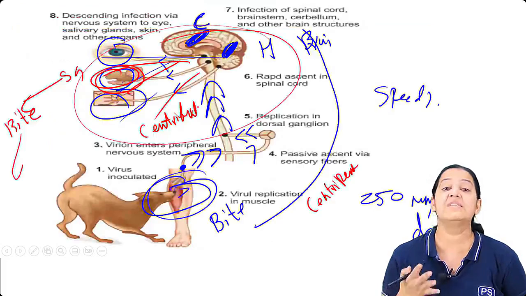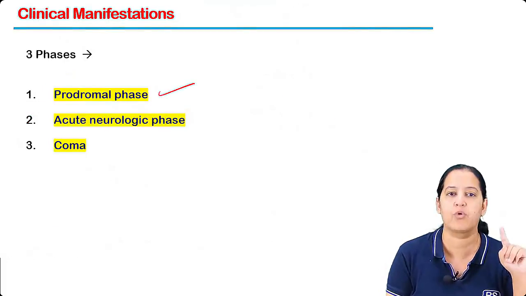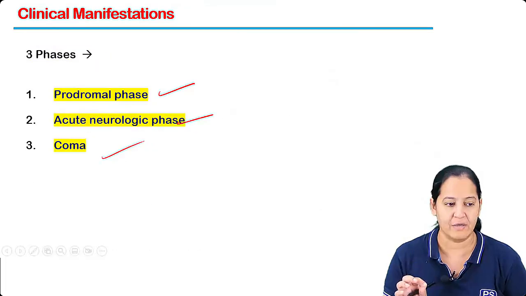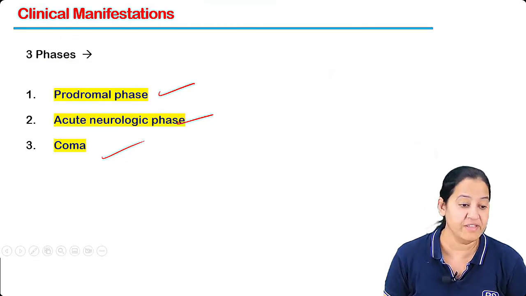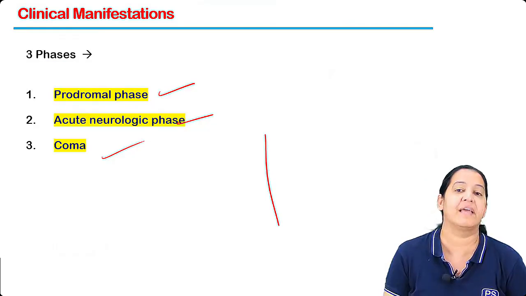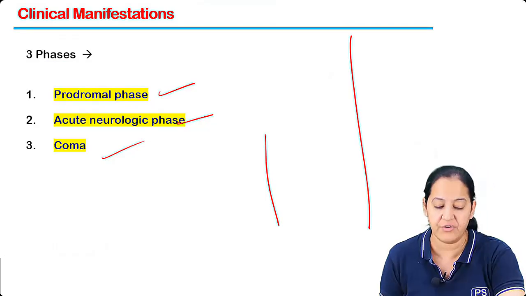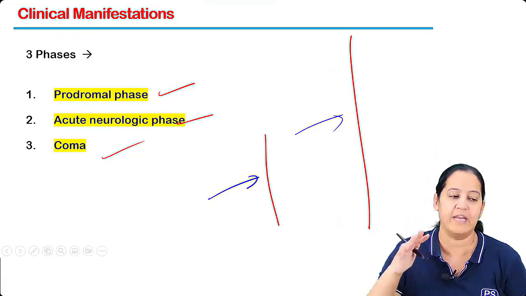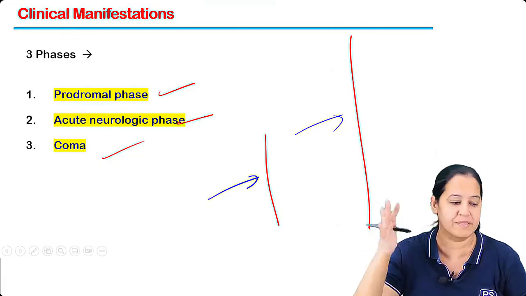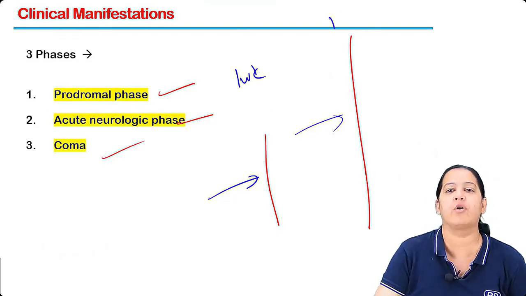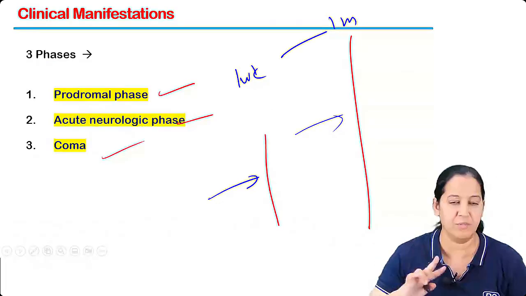Now, what is the disease rabies? In rabies, we have 3 phases: prodrome, neurologic phase, and coma. In the prodrome, the patient has pain at the dog bite. Obviously, it depends on the height of the person, the same concept. In children, the height is less; in adults, the height is more. So in children, rabies is very fast, and in adults, it's slow. In a dwarf, it is fast; in a tall person, it is slow. But ultimately, rabies will occur. Whether it occurs after 1 week or 1 month, that matters for the incubation period, but ultimately it occurs.